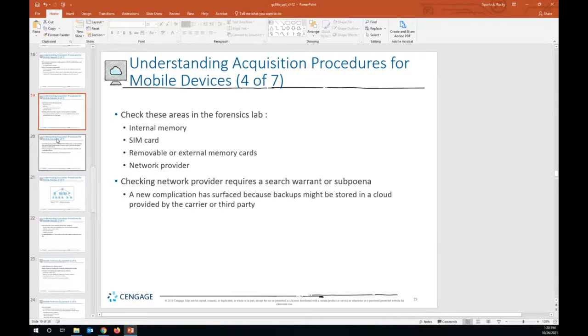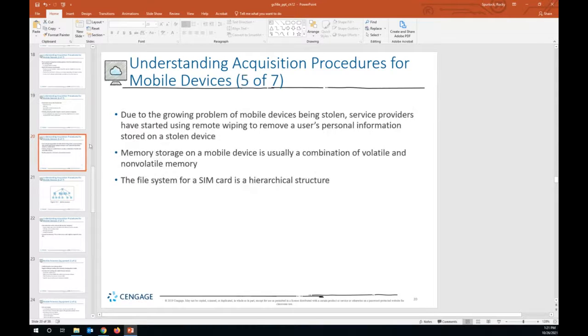Another complication is that the backups might be stored in a cloud service that's provided by the carrier, or it may be provided by a third party. So you would need another search warrant or subpoena to gather that information.